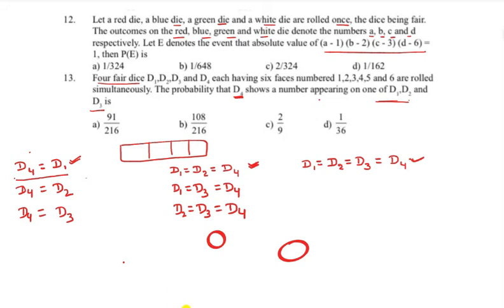So observe this case, how many possibilities are there? D1 has 6 and these two have to show the same number, right? So here suppose 6 appears, here also 6 has to appear, but here 6 cannot appear. So that's why from 6 numbers select any one number that is shown by D4 and D1, and the remaining they can show any of 5, because this place has 5 options and this place also.